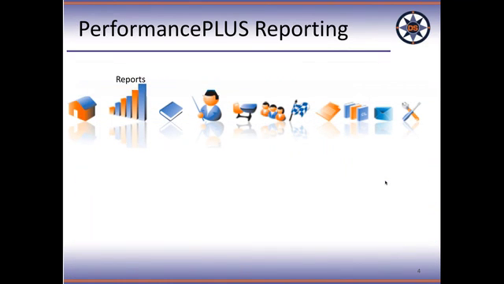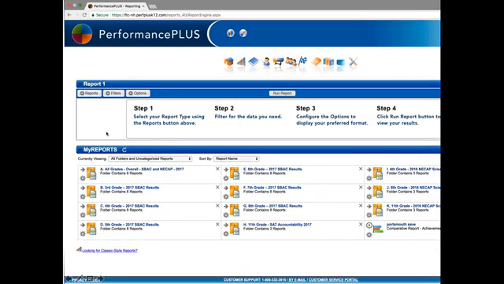So the overall reporting information is right here. You've got the icon menu, and to get to the reports, you click on the reports. You probably know this part already, but I just figured I'd go over it. The main reporting screen looks like this. Can you see my cursor? Karen, can you see my cursor? I can. Good. This report 1 may be below my reports, or you may have it this way. Doesn't make any difference.